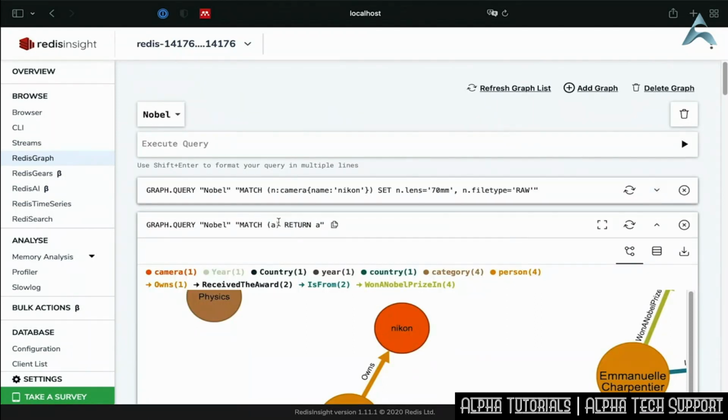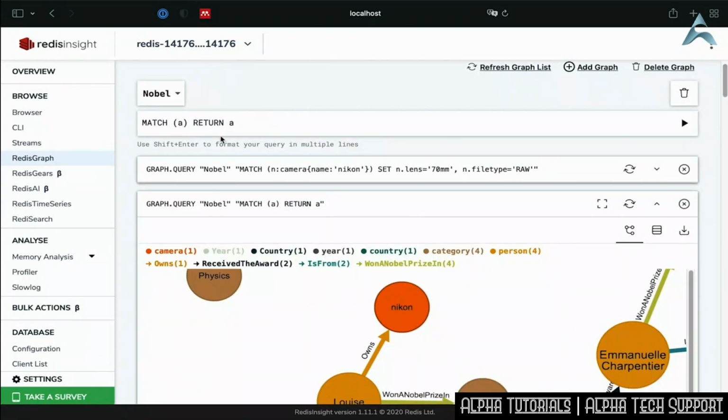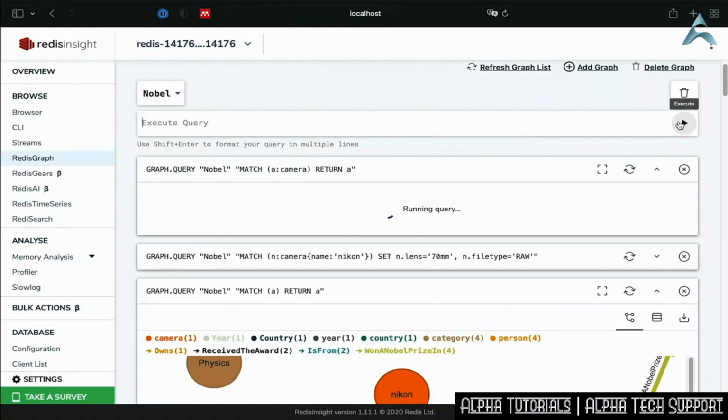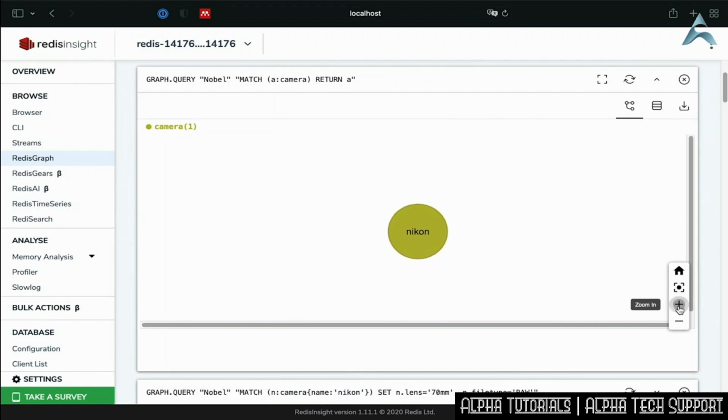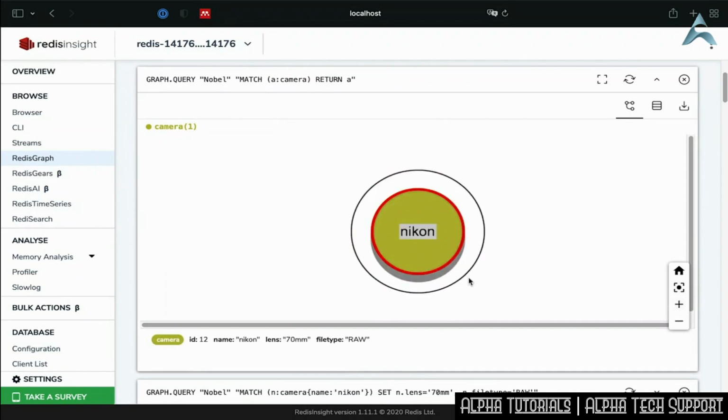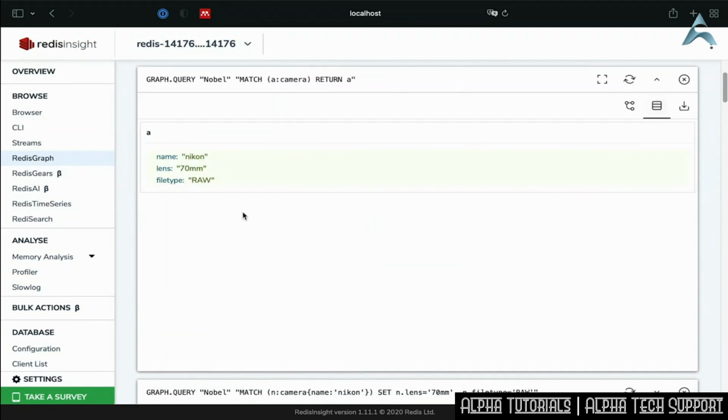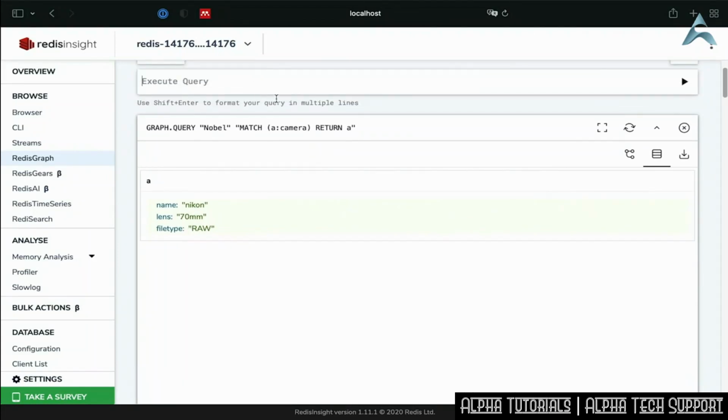Let's have a look at that. Let's return match camera. We have one camera node here, and it might be easier to just actually list the table view. We have the properties name, Nikon, lens, 70 millimeters, and file type raw. Great. To amend a property, we can overwrite the information using an equal sign. What I mean by that,